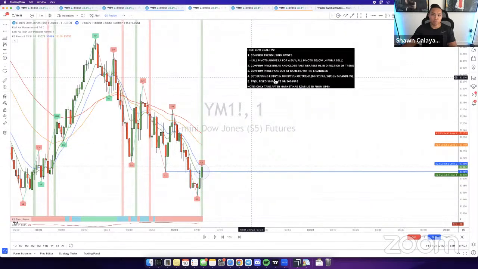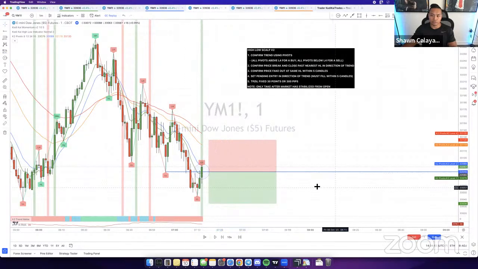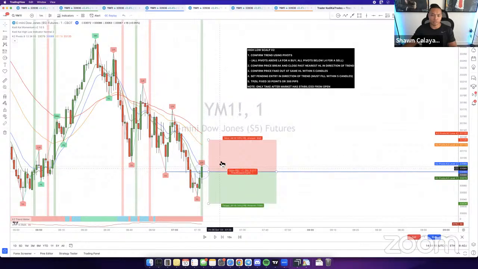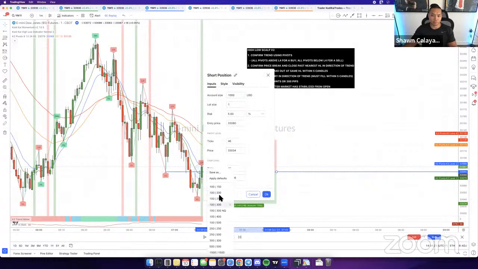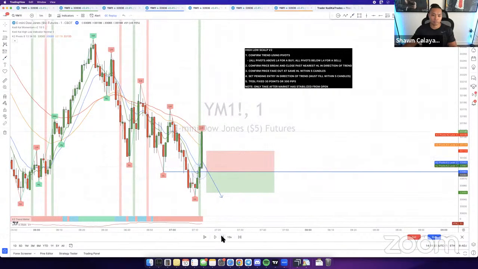For step 4, once this happens, you're going to set a pending order at this price right here where the high low is at, right? So basically this high low was at 33,080. This is where the setup would line up at. And your TP and stop loss is going to be a 1-to-1 risk reward for 300 pips. So once you have that there, now you're just waiting for price to come back down and shoot to your TP. But again, here, it needs to fill within the first 5 candles. So this right here is a fake out.